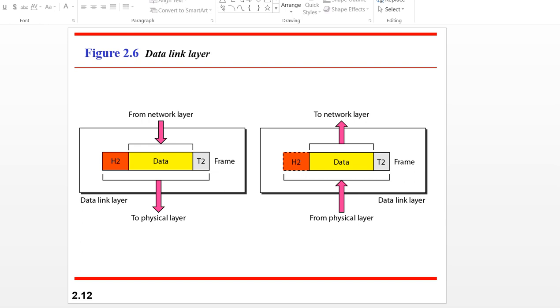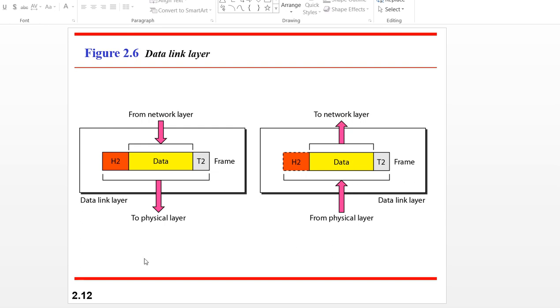It accepts data from the network layer and sends it to the physical layer. The data link layer is the interface between the network layer and the physical layer.